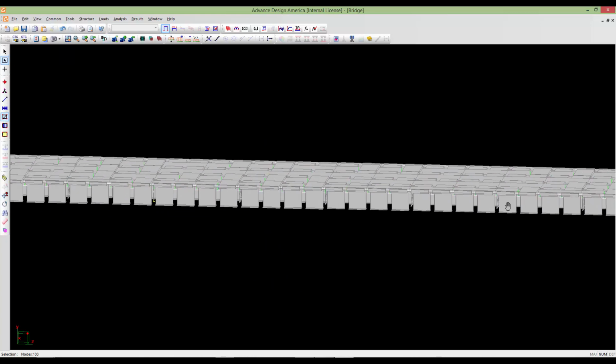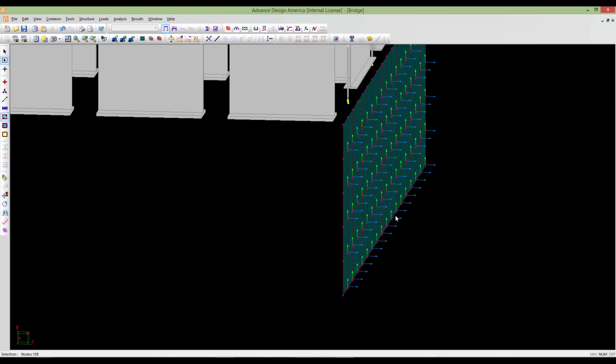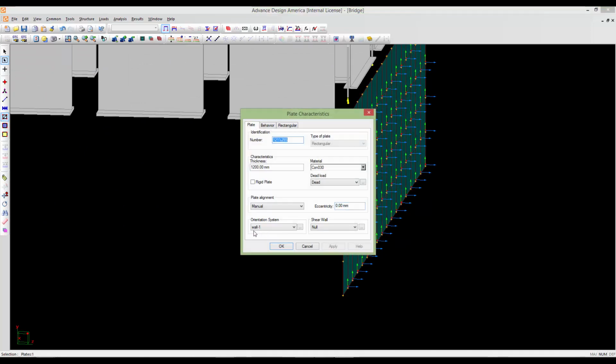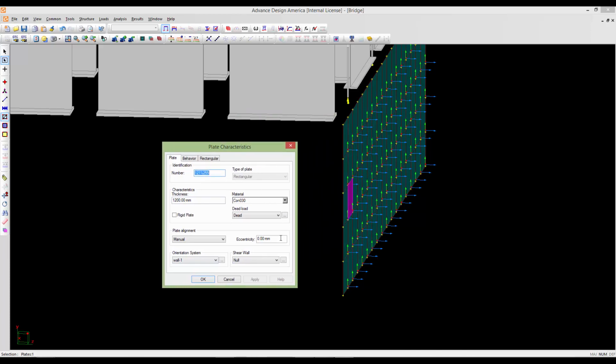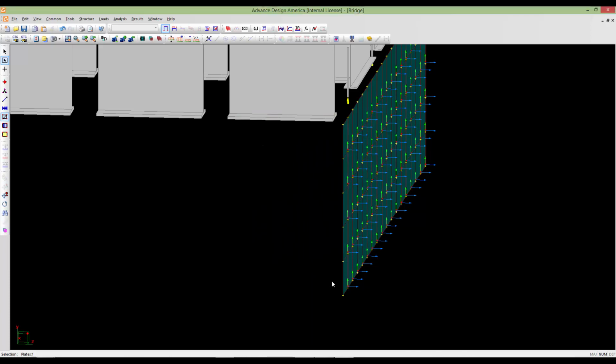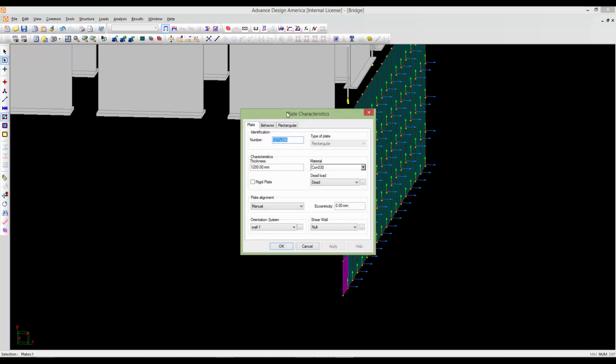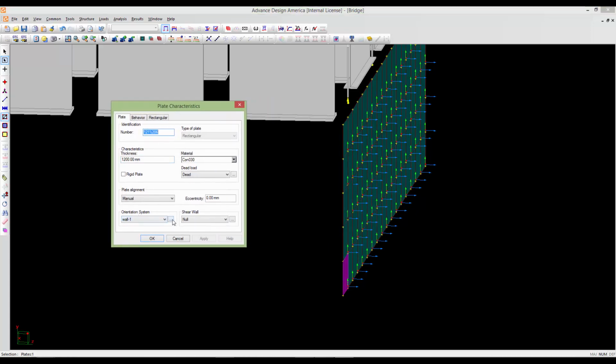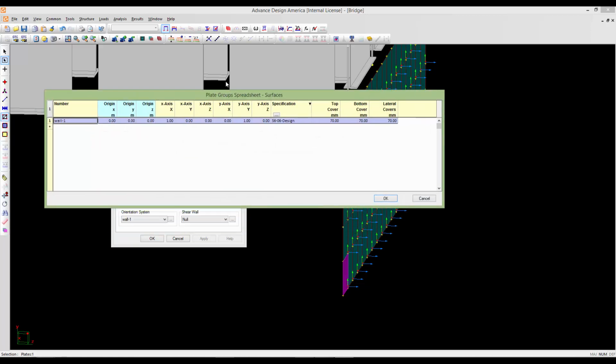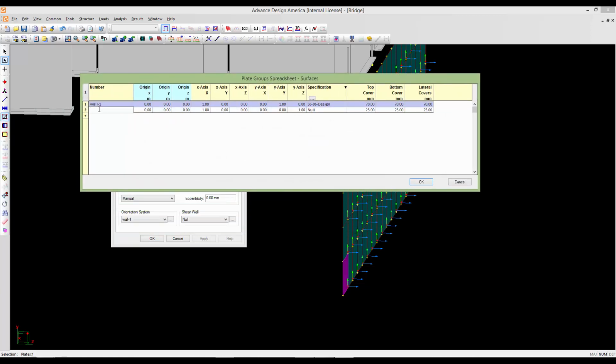For the second wall here, as you see, if you double click the plate, you will see it's automatically copied as wall 1, but we don't want this. We need to define a new one as wall 2. So here I'm going to double click this and click these 3 dots, add a new orientation as wall 2,